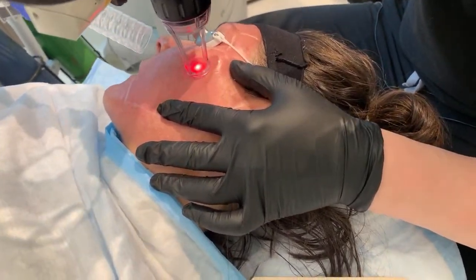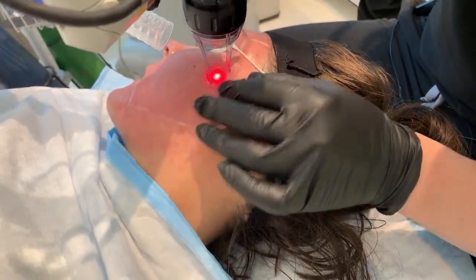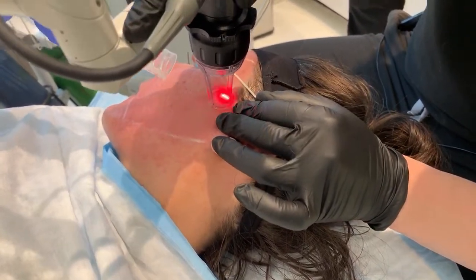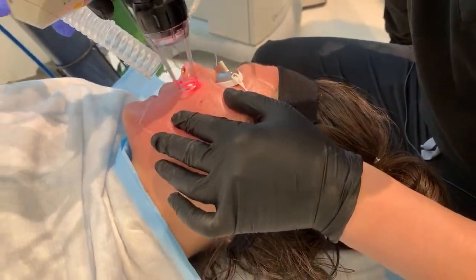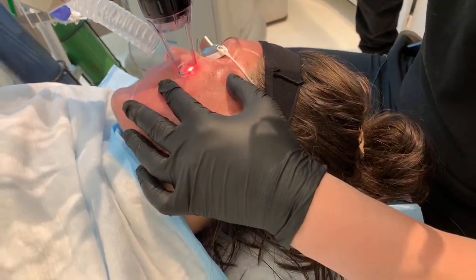Dr. Emer, could you tell us again which laser you're using? Yeah, this is the CO2 laser. This is the Deep FX. This is kind of the gold standard laser. Even the burn government uses this for burn patients. And this is the deep portion. So we're trying to remodel